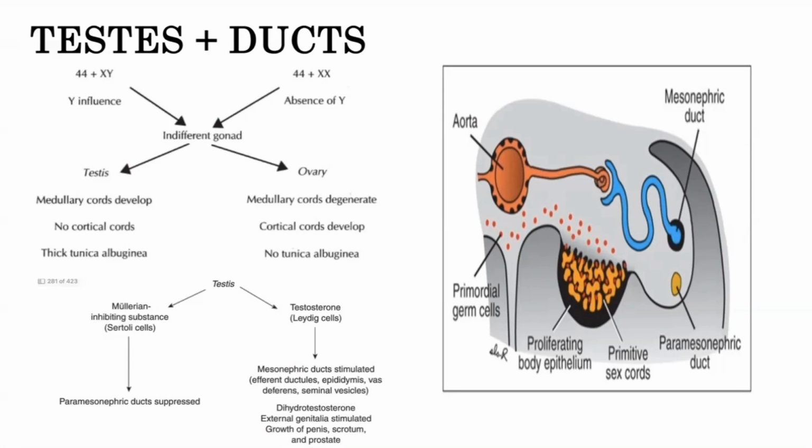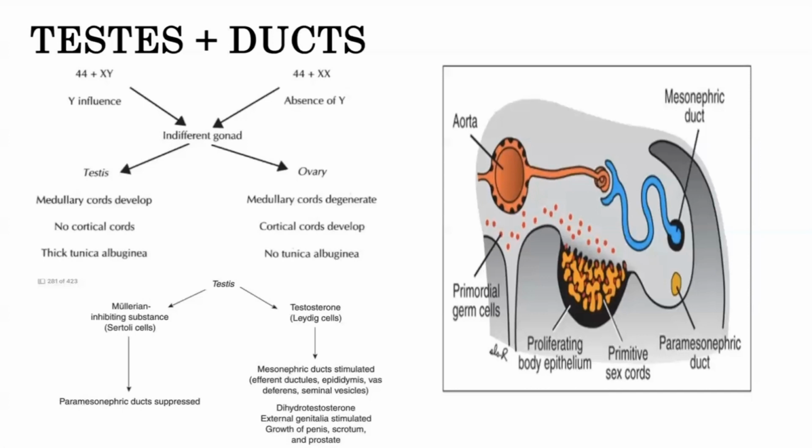And gradually, these cords are going to break and form the rete testes and eventually the dense layer of fibrous tissue that covers the testes called the tunica albuginea. And by the 4th month, our testes are going to become sort of horseshoe or U-shaped, where the rete testes then are going to be able to connect with the cords within the primitive gonad. At this point, we've also formed our sustentacular cells of Sertoli and the Leydig cells in the interstitium, which we know of from histology. So we know that our Sertoli cells are going to secrete something called the